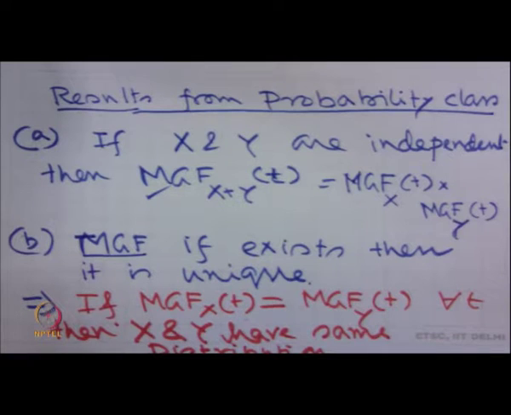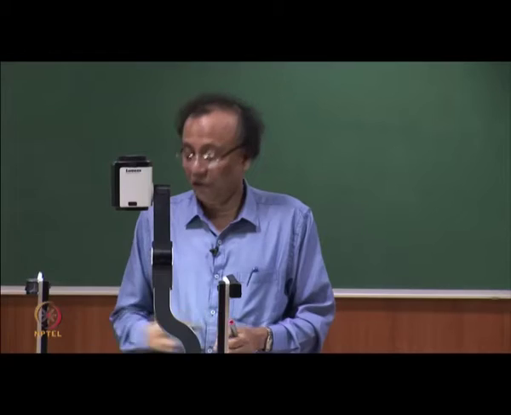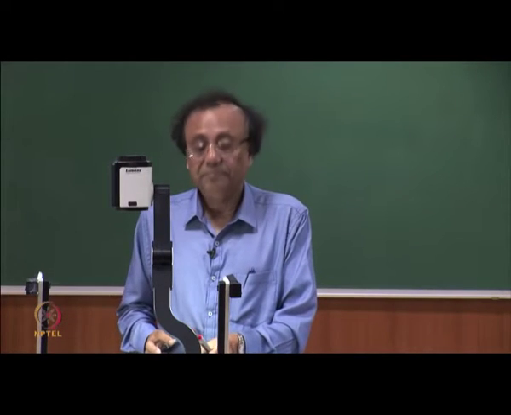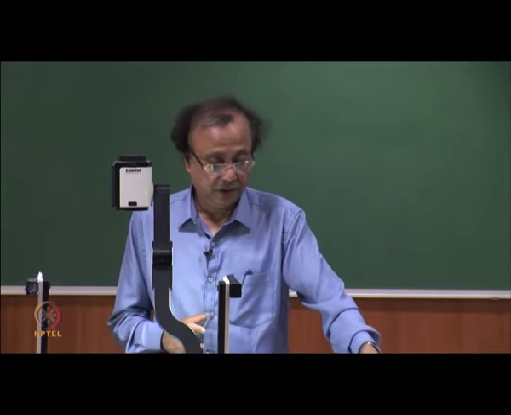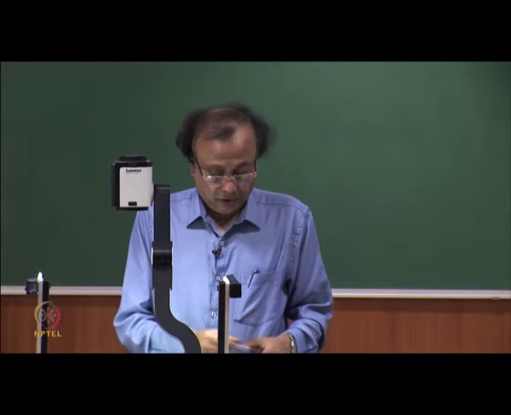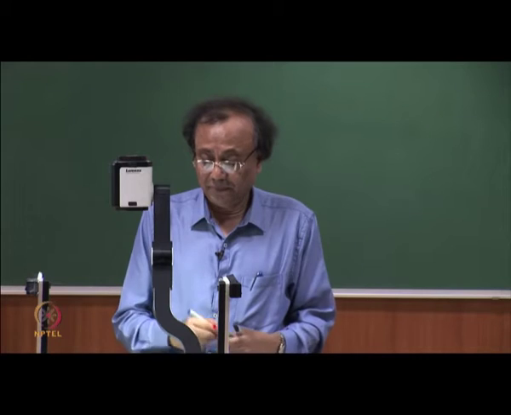That is, if X and Y are two random variables having the same moment generating function for all t, then they have the same distribution. By applying these two theorems,